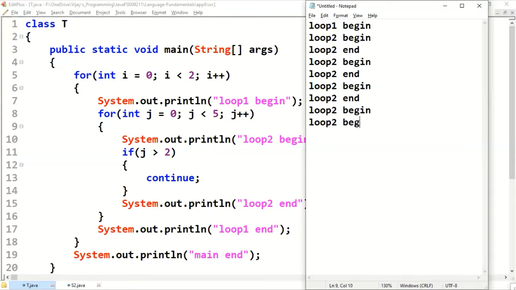Yes. Loop 2 begin. 4 greater than 2? Yes, continue. Without executing loop 2 end, skip to the next iteration. j is becoming 5. 5 less than 5? No. Comes out. Printing loop 1 end.